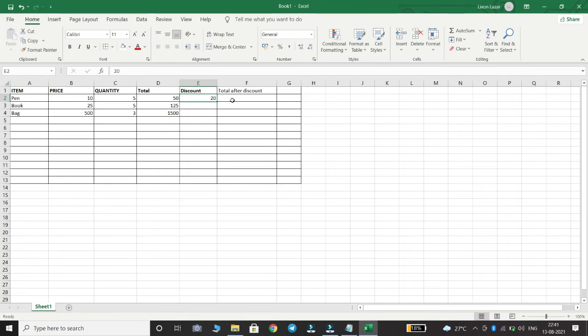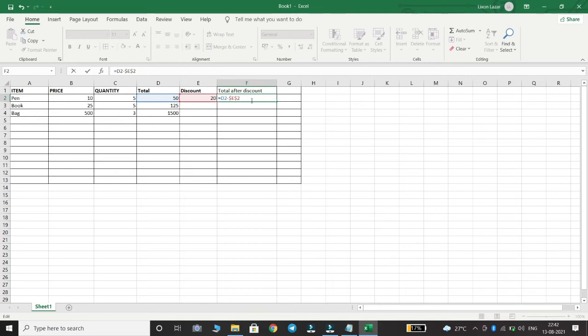For this, to calculate the discount, in this cell you have to type the formula equal to total minus discount. Before the address of this cell, you have to give a dollar symbol: $E$2. This is absolute reference.